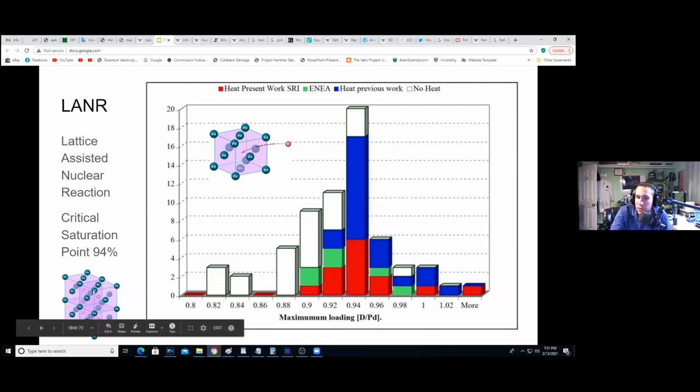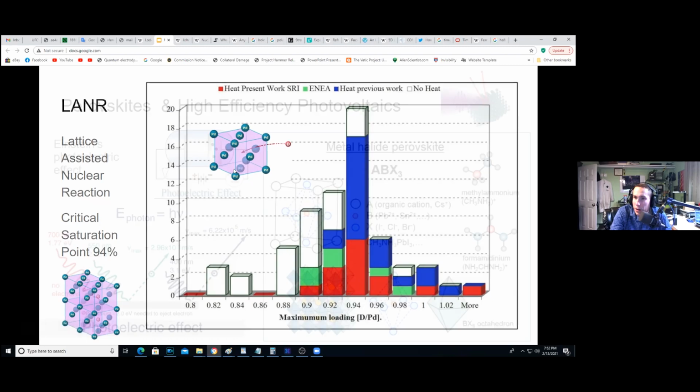He came up with this along with several other scientists who have been working in the field, who have kind of agreed that MIT replications were down here around 0.86, 0.88, where they've gotten no results. And so they didn't get their loading ratios high enough within their crystal lattices to achieve what we've reported, or what numerous scientists have reported as fusion actually taking place in the lattice structure of these cells. There's physics that can explain this. There's a new theory out there, there's several theories out there with physics that explain kind of how these reactions